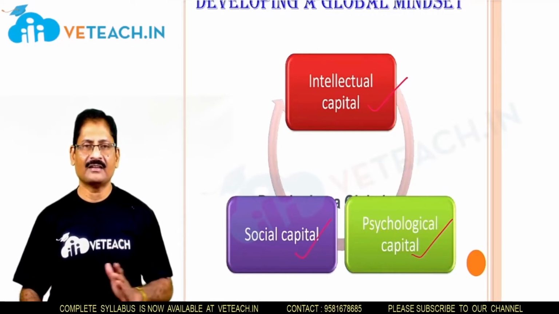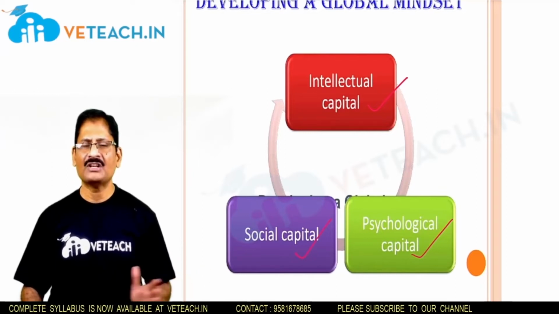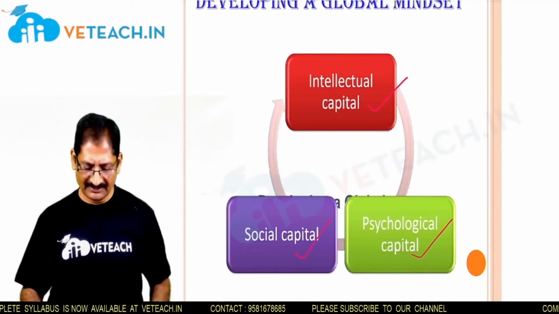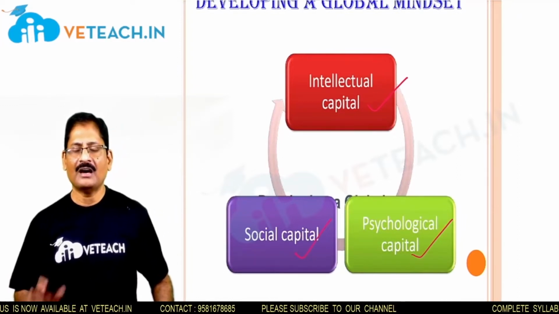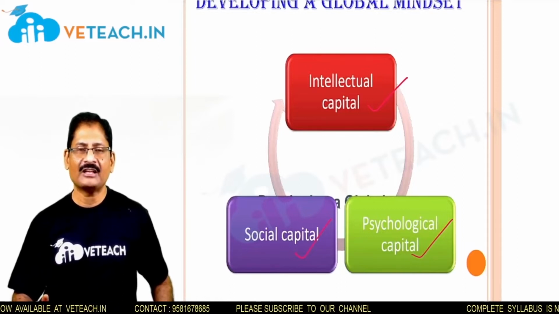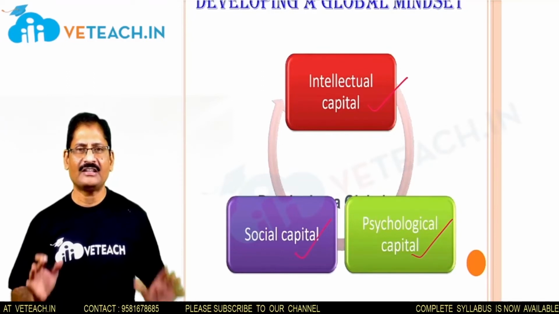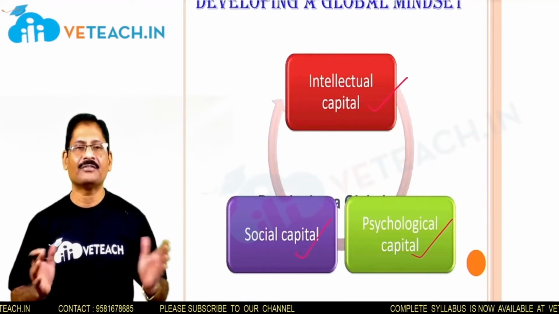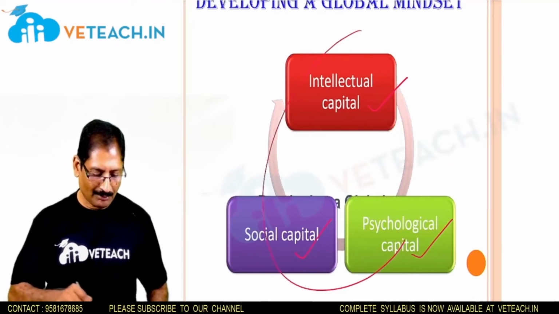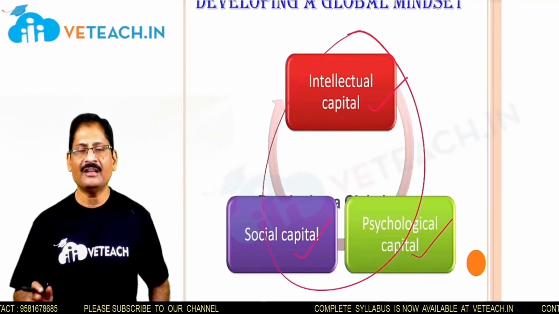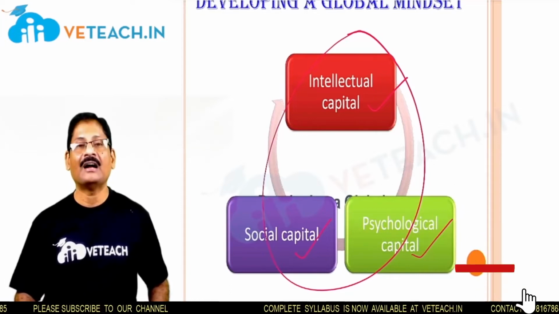So their culture, their lifestyle, their food habits, their time zones or their interests, everything differs. Psychological capital is one such area which helps global leadership understand the various different habits or practices of different individuals. These three are the most important areas any global leadership is supposed to focus on: intellectual capital, social capital and